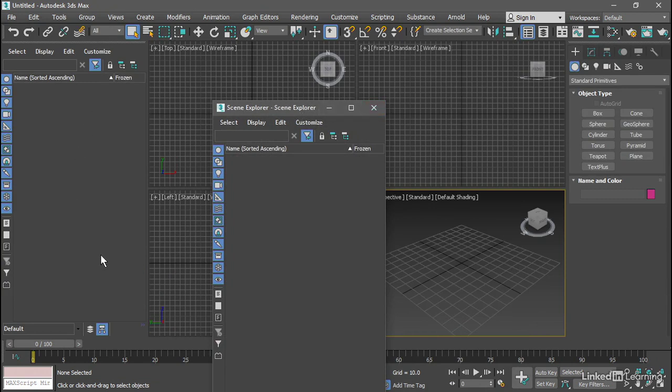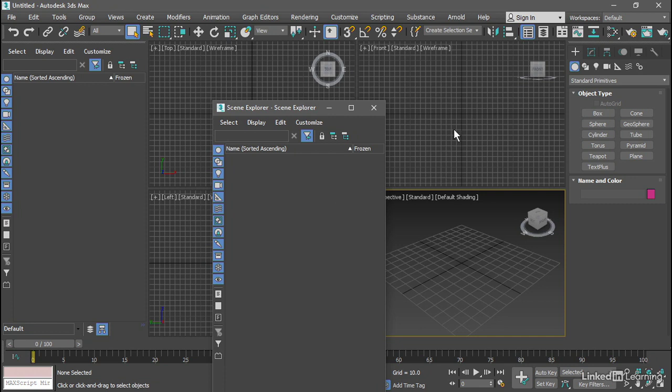The Scene Explorer over here that's currently docked is a so-called Global Scene Explorer, and its settings are stored in the 3ds Max program settings. And this one that I just launched is a so-called Local Scene Explorer, and its settings are stored in the particular scene file. Well, practically speaking, it really doesn't matter whether you're using a global or local Scene Explorer, and